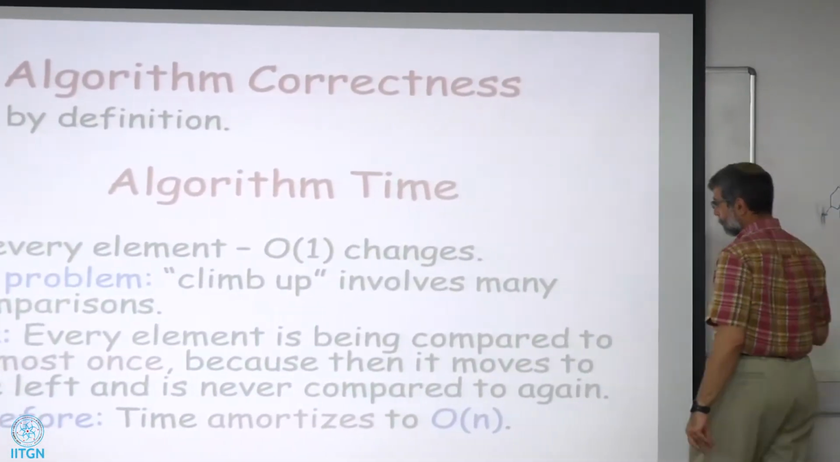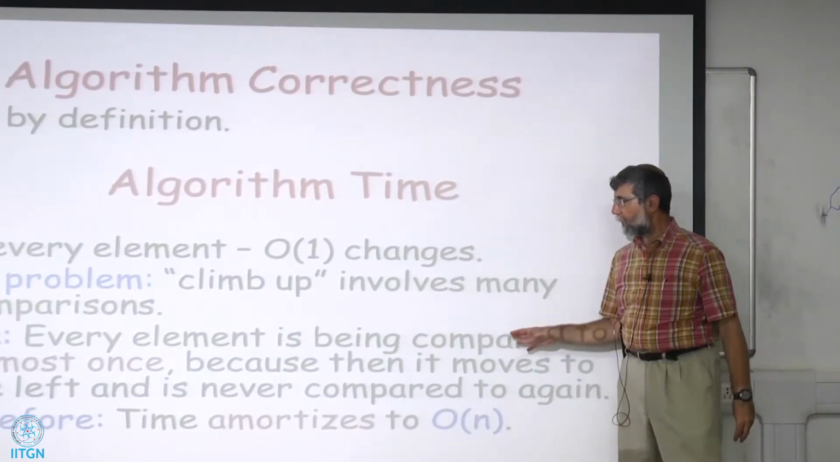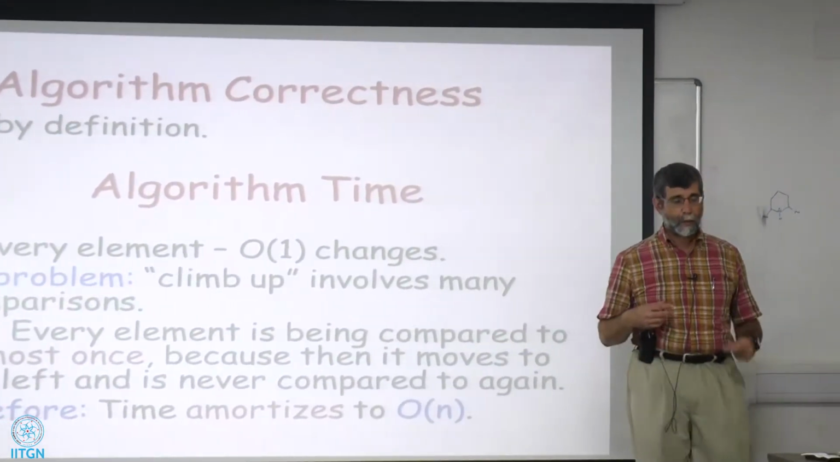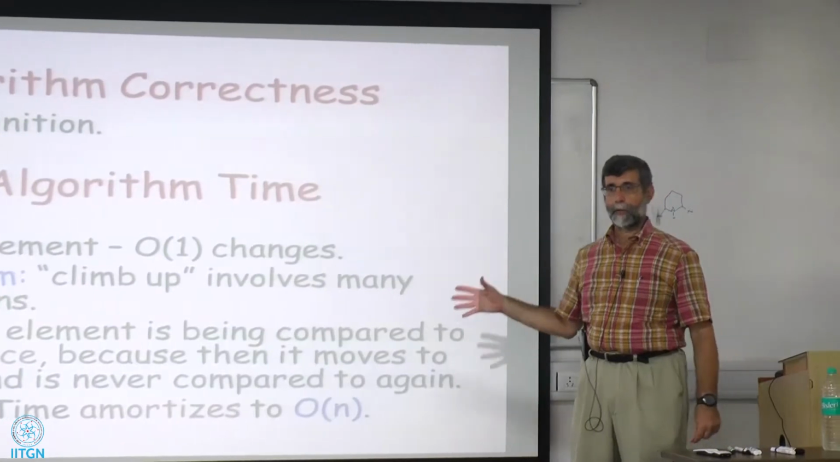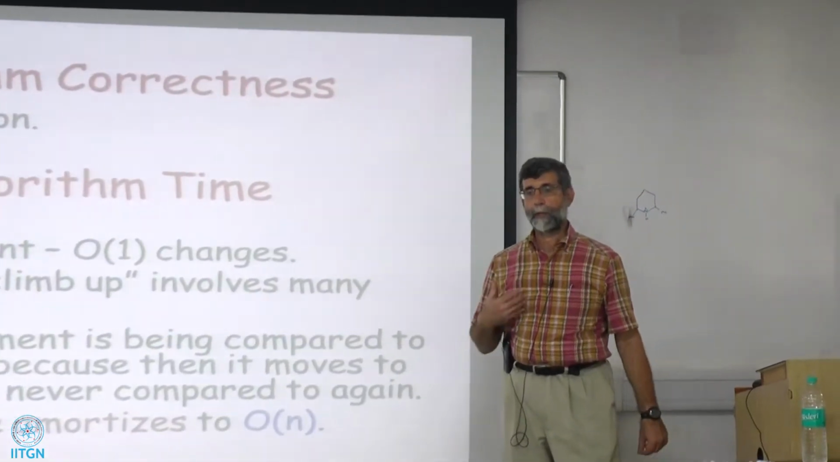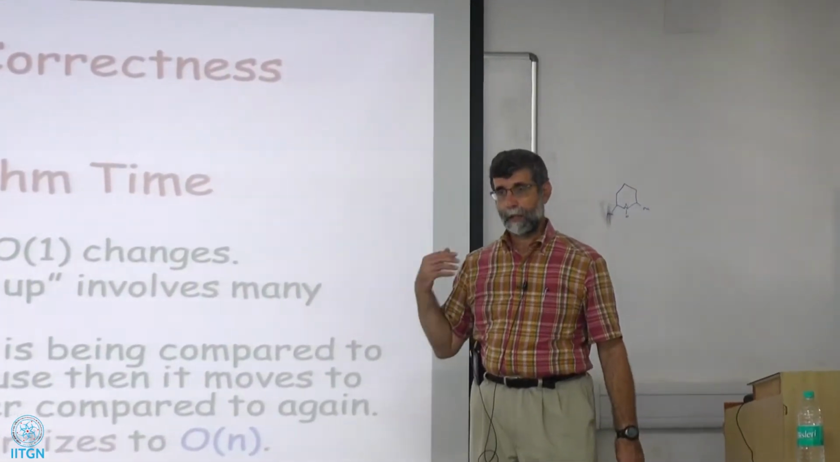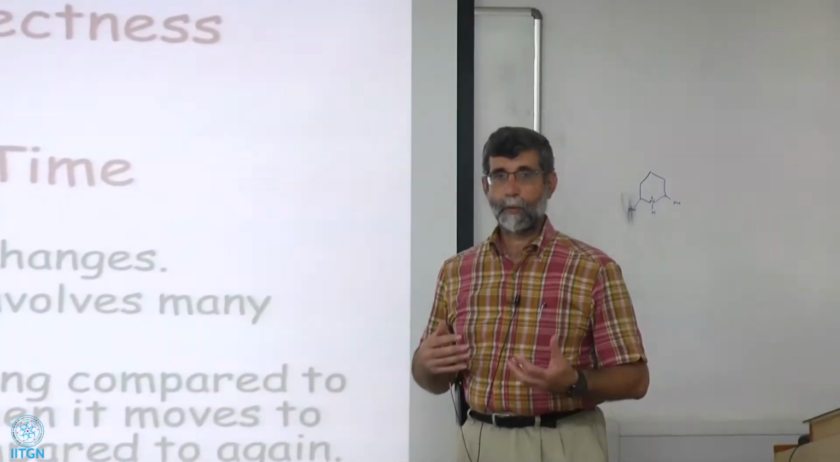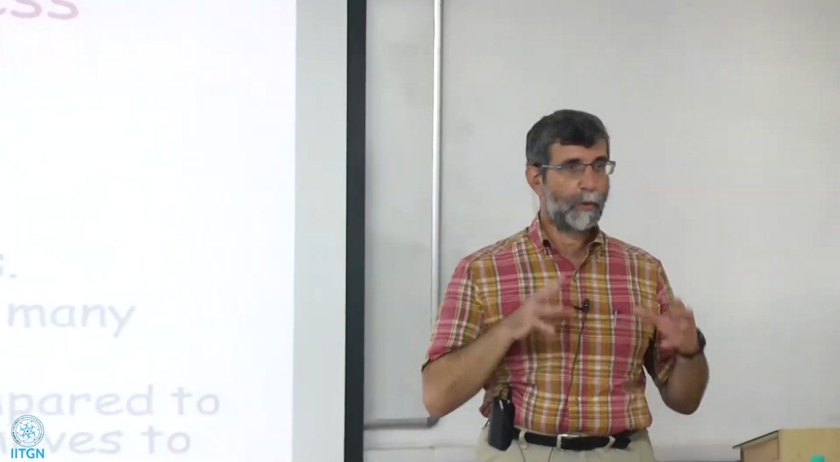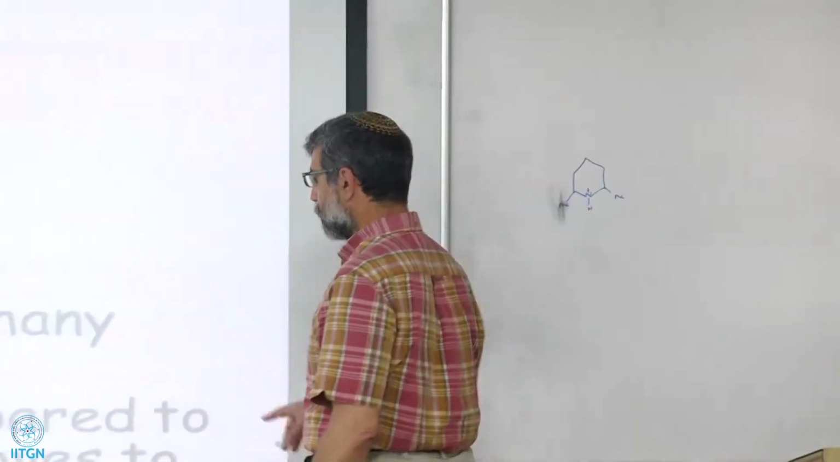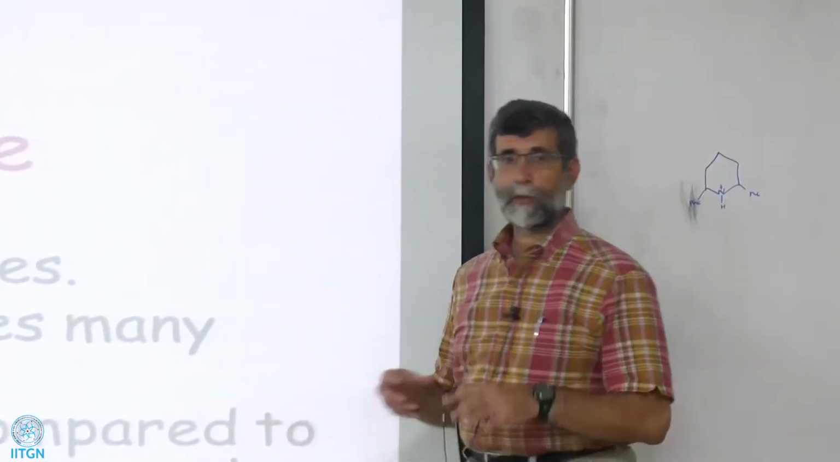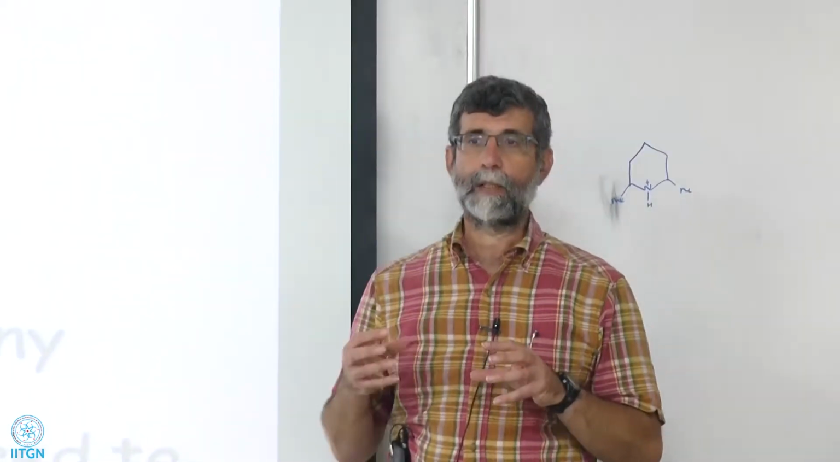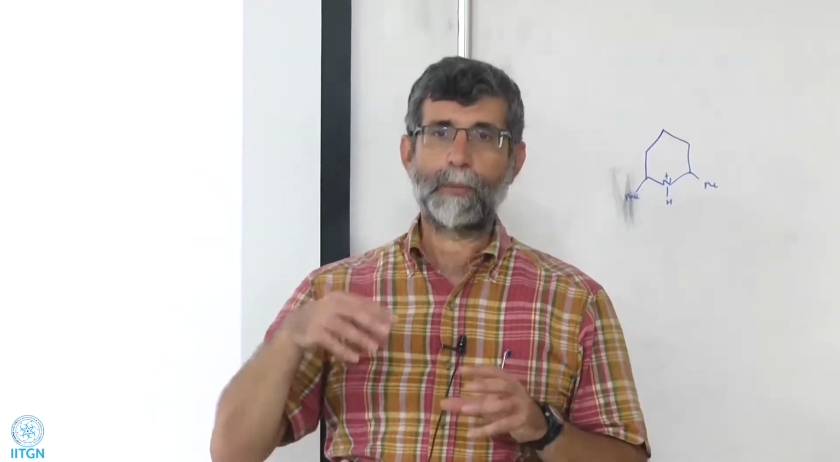However, the amortization here is an easy one. Again, who's going to pay for the comparison? The one paying for the comparison is not the new element that is comparing and moving, but the old element, the one being compared to, the one that was already in the tree. Because once you're compared to an element, it means that you're going to go up, you're going to stick, and